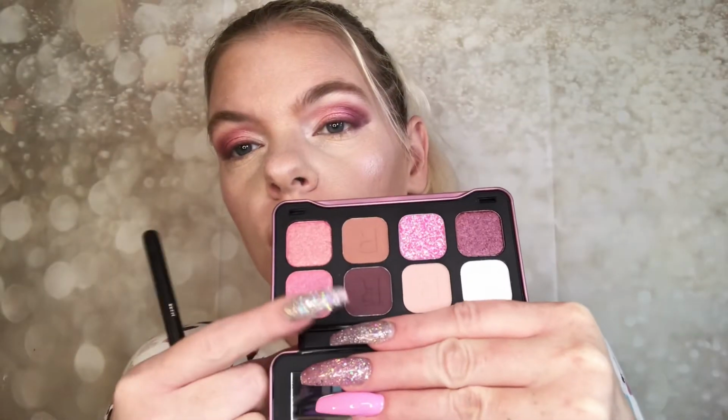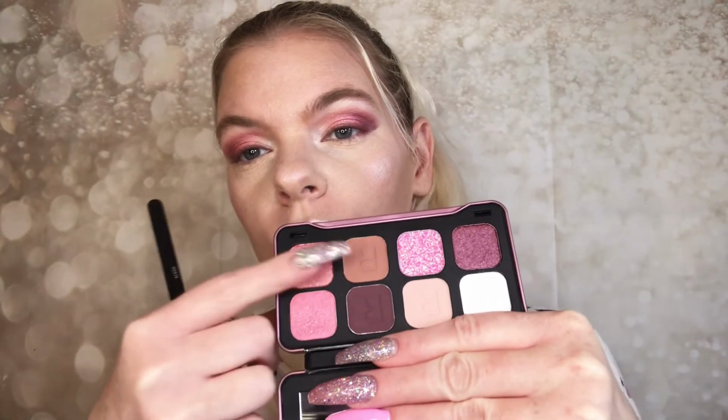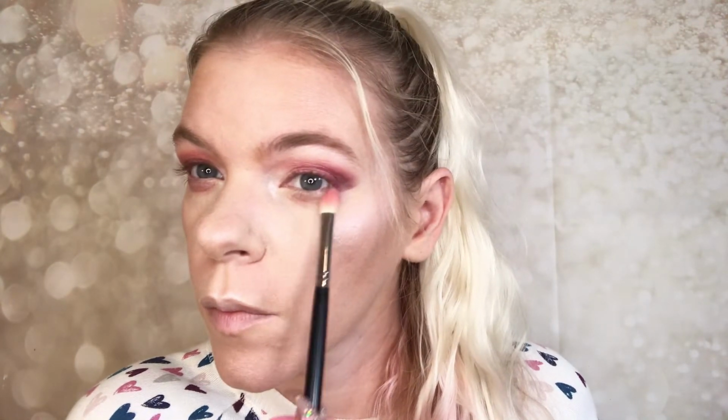So back in with that palette, and these two shades here we're going to just mix on the brush and then run that across the bottom lash line to finish up the eyes, you guys. So beautiful. I'm so in love with these colors and this look. Just gonna do the same thing on the other eye, mix those two shades and then run that on the